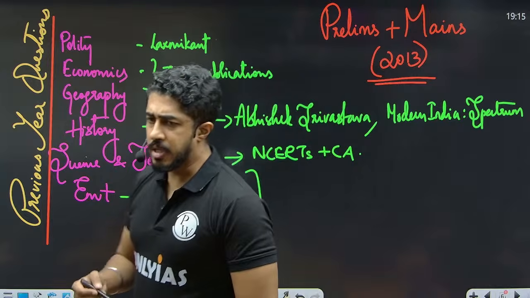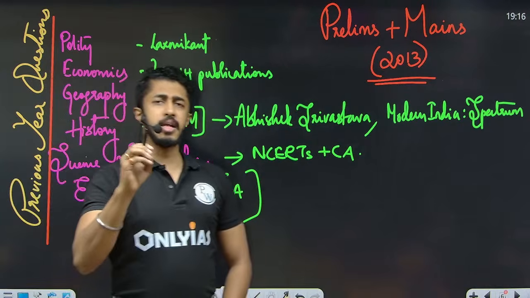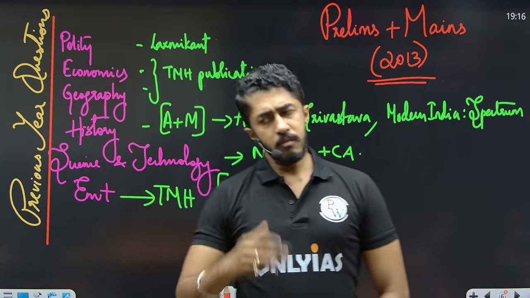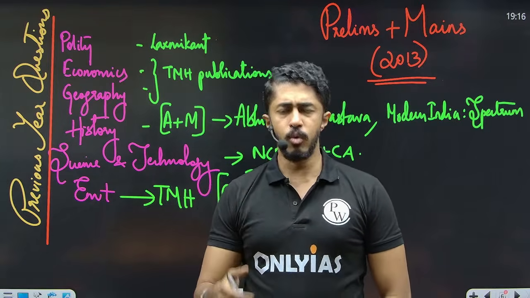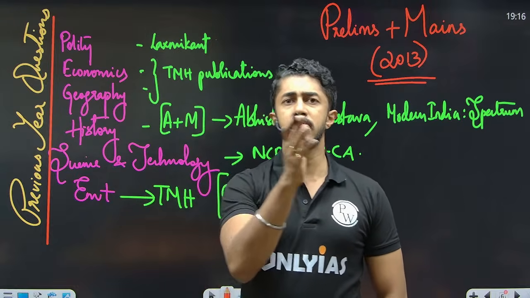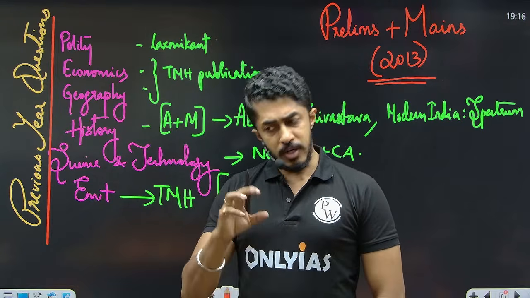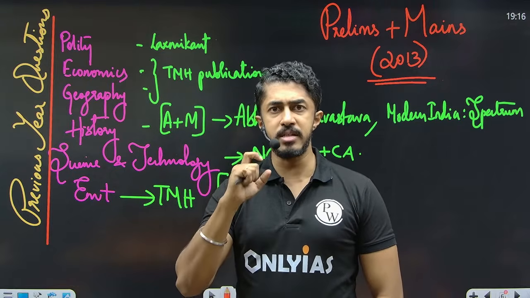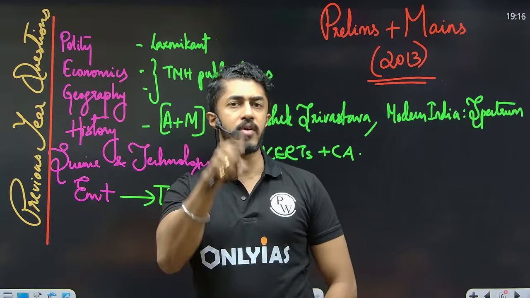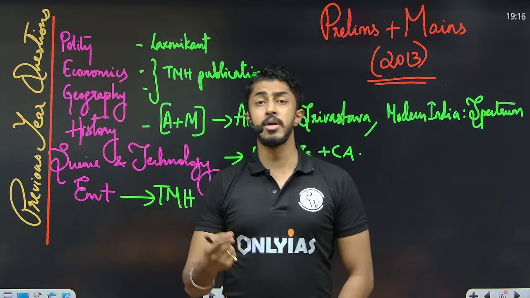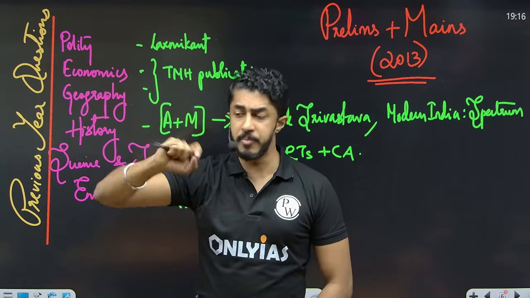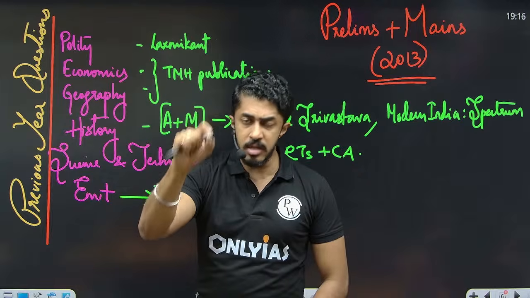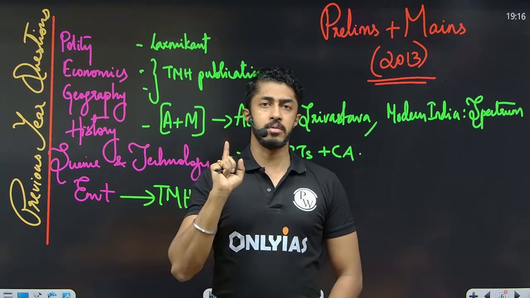See, if you ask me, is this book okay, that book okay, I'll tell you one simple funda for this. Once you're done with Bipin Chandra, Modern History, what do you do? You go and solve the PYQs. So once you're solving the PYQs, you may find some topics which were not covered under Bipin Chandra. Then what will you do? You will update it. Okay, this particular question is not covered in Bipin Chandra, so let me update it. What is the answer for it? Write it down. That's it.